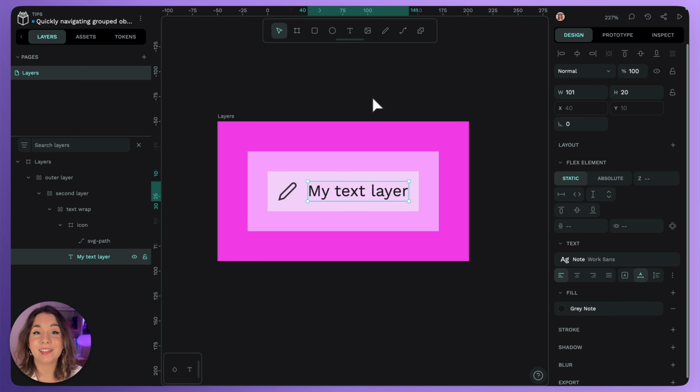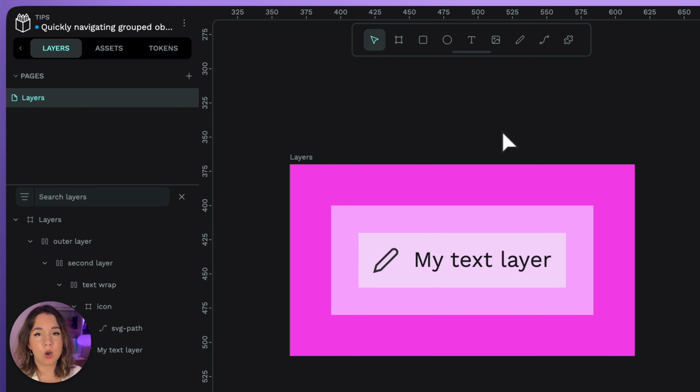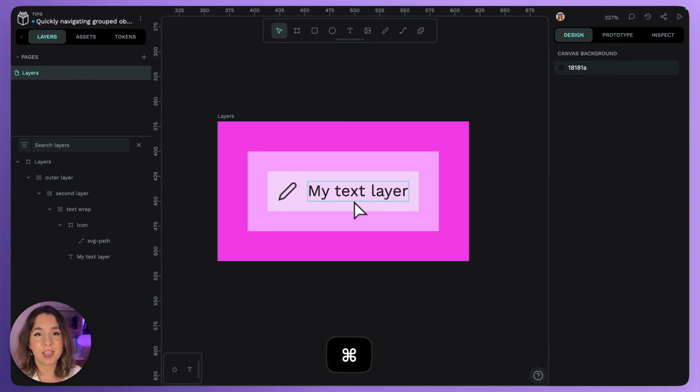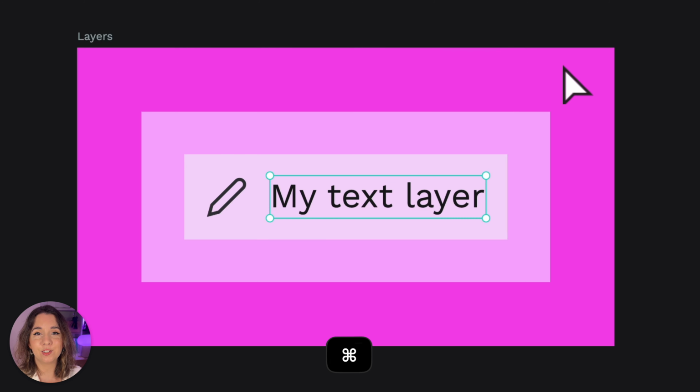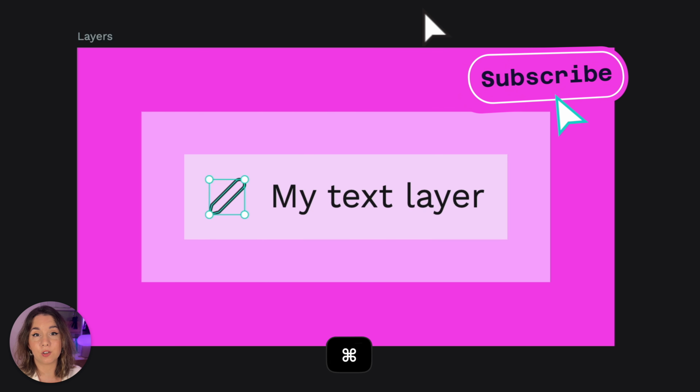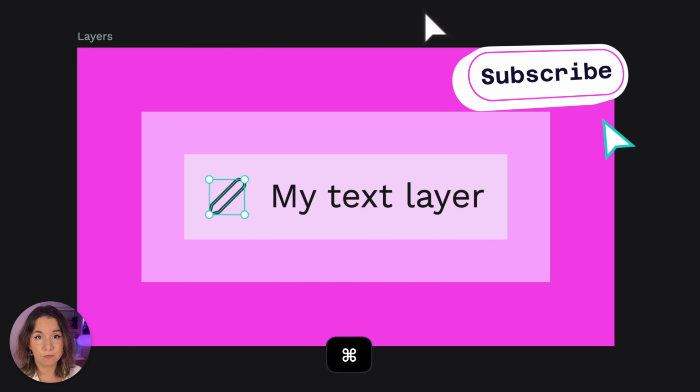Or, and here's the magic trick, you could hold down Control or Command on a Mac and you can select any object by clicking it. Hold down and hover over the object to see the outline highlighted, and then click to select. This even works with selecting paths inside of your icons. Hold down Control or Command on a Mac